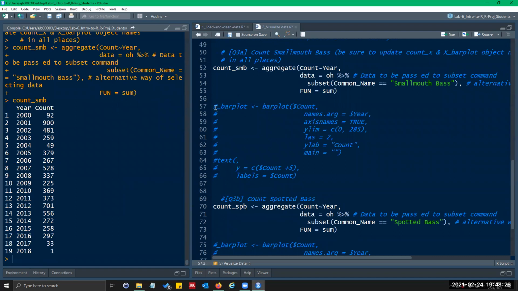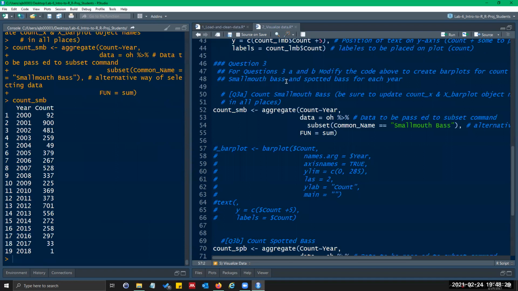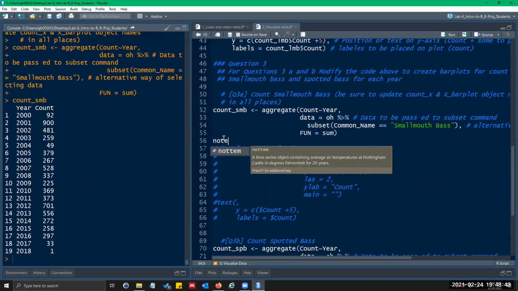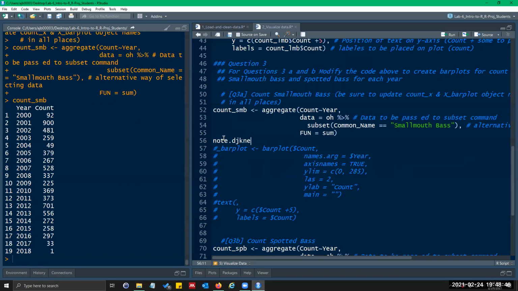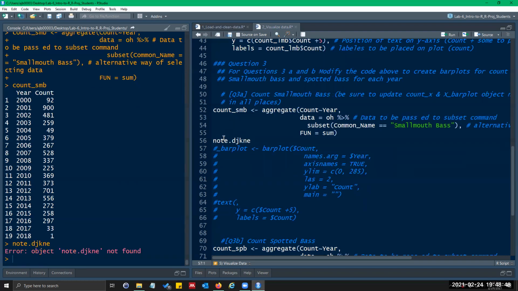So these hashtags are how you comment things out. You can see that I've used that throughout, so that R doesn't count it as code. If I were to just type words in here like note, you see R's trying to figure out what it is, and it's like, hey, this is weird, I don't know what that is. It thinks it's code, but if you use the hashtag, it doesn't. So if I click here right behind the hashtag and do Control-Alt and then arrow key down, I can get multiple cursors and then just hit delete.